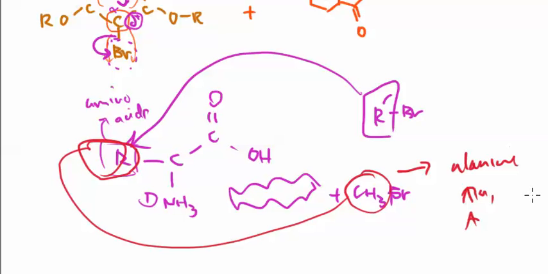So if that's a methyl group, it's alanine. If that's a hydrogen, then it's going to be glycine. If that is an isopropyl group, then that will be valine. So you get the picture, you get the drift. It's the same as always before. You modify the R groups, and that will tell you the amino acids that are there. Okay, so that's all that we need to mention about the